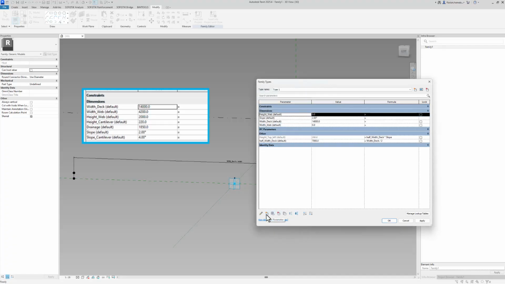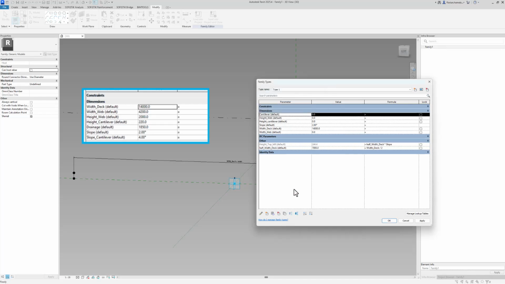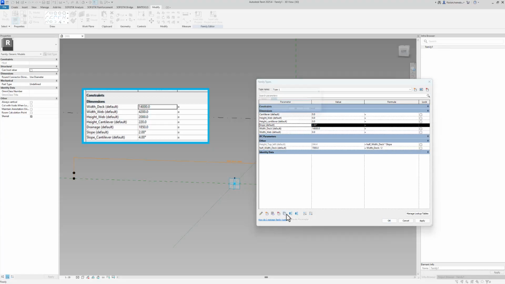We need another parameter for the height of the cantilever. We need a parameter for the cantilever itself. And we need another slope parameter, so I will actually copy the slope for the slope of the cantilever.